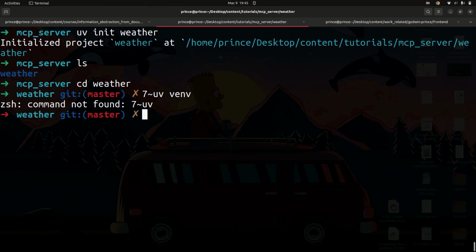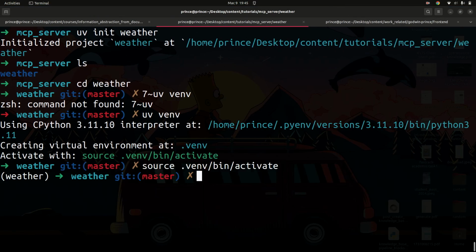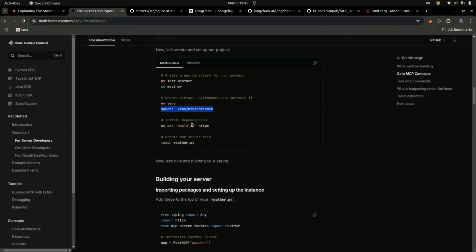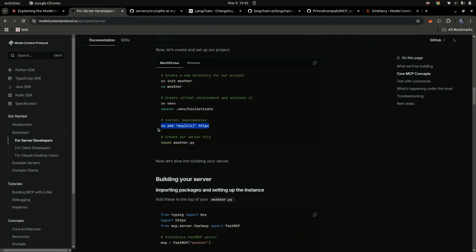Then you're going to go ahead and create a UV virtual environment. So I'm just going to paste that. Once you have the virtual environment created, you're going to activate it. I'm going to go a bit faster because it's mostly copy pasting, and I'm going to leave the link to this specific web page in the video description so that you guys can also follow along. Okay. So once that's done, you're going to create a file called weather.py, and